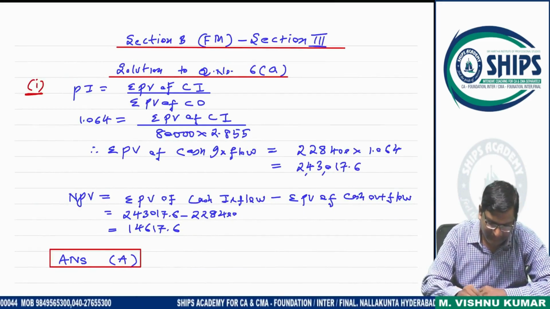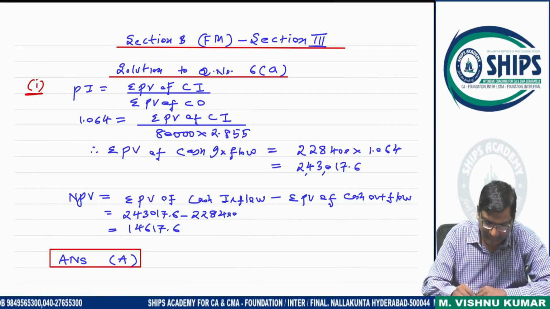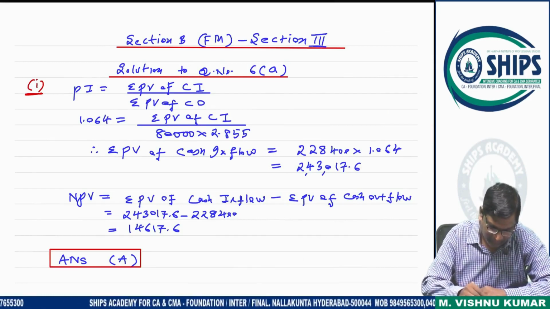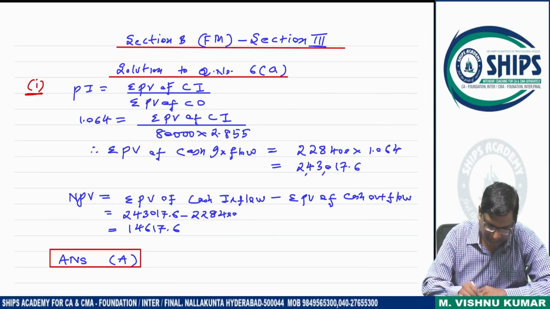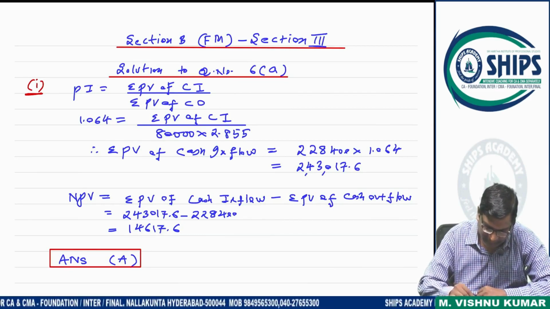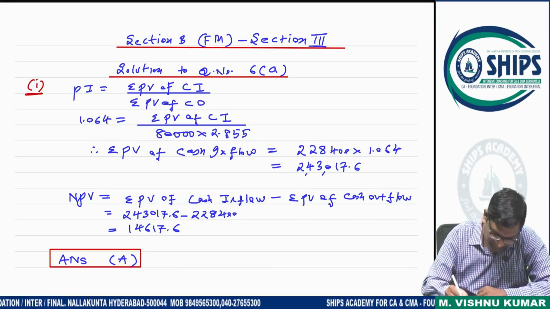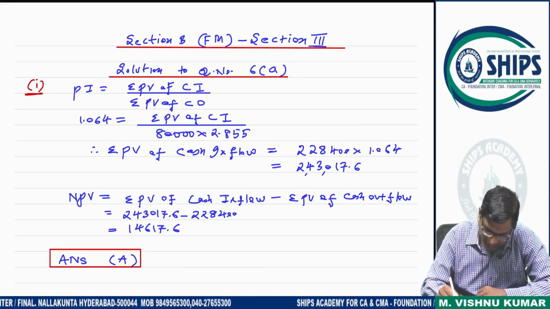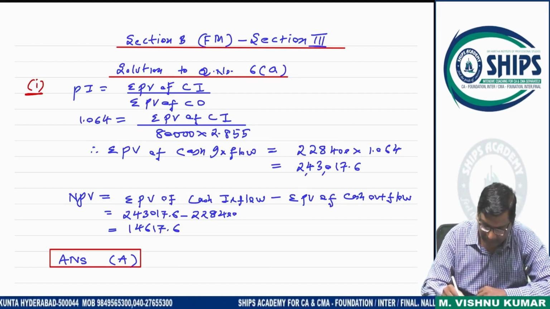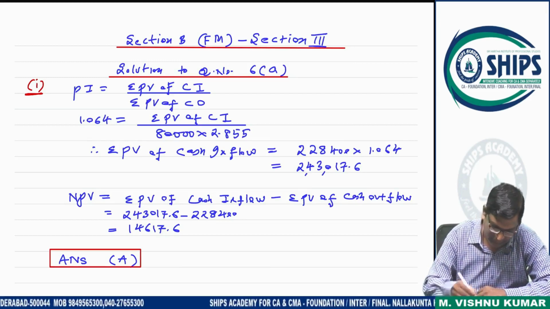Financial management, section B and section 3, solution to question number 6A. Profitability index is discounted cash inflow by discounted outflow. So 1.064 equals PV of inflow by outflow. The outflow is 228,400, so 228,400 into 1.064 gives the inflow, 243,017.6. So NPV will be